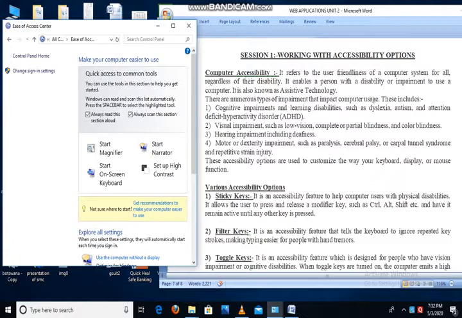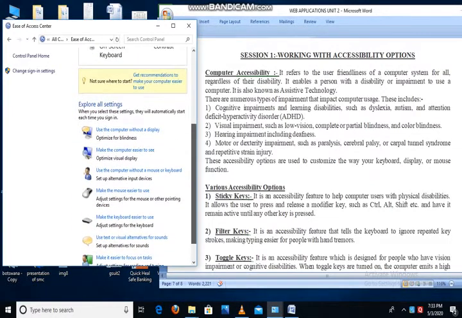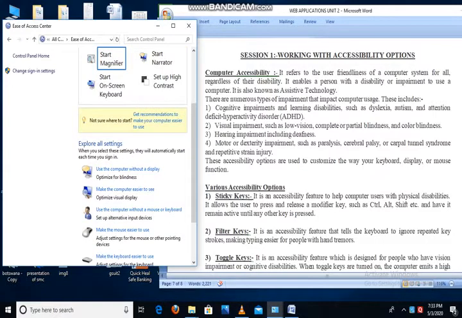So the various accessibility options available here are sticky keys, filter keys and toggle keys. These accessibility options are related to the keyboard only.